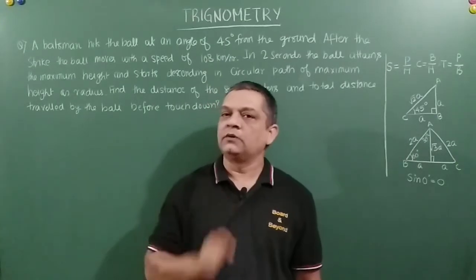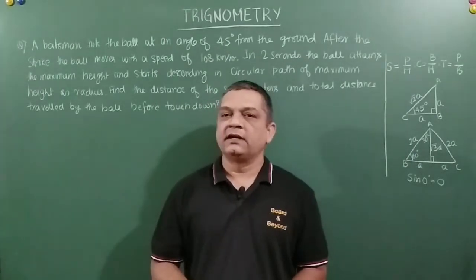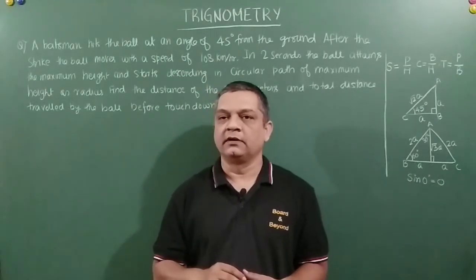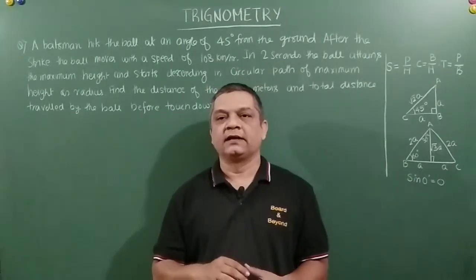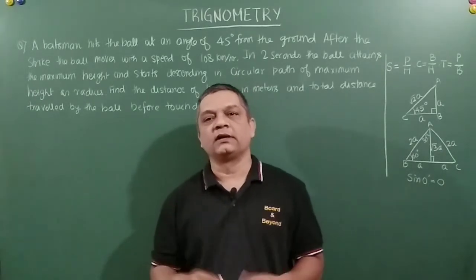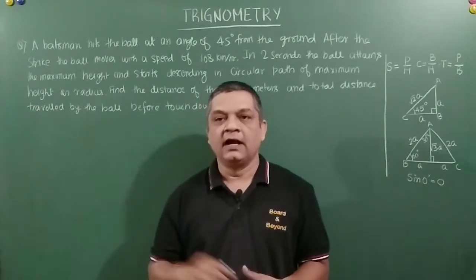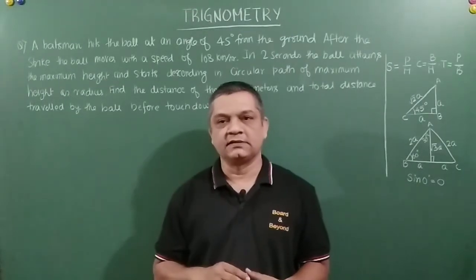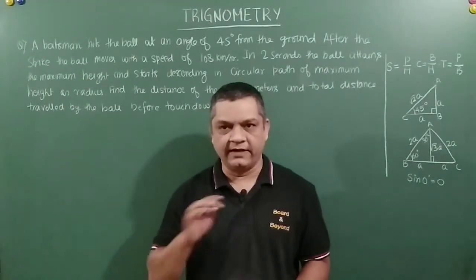So friends, till now what we have learned is what is trigonometry and different ratios of sides and angles, and then we have also learned a few identities. We have also learned how to prove those identities, and using those identities how to prove different kinds of equations that are being asked in the examination, right?